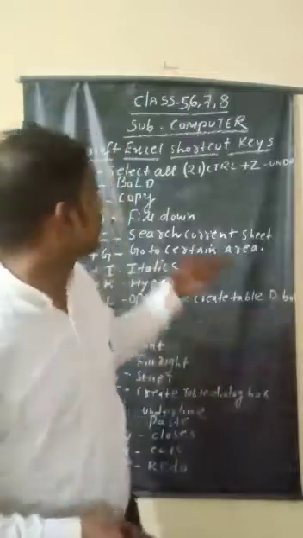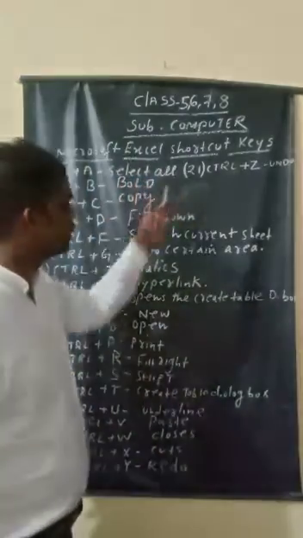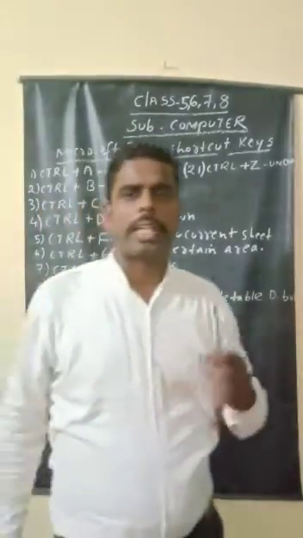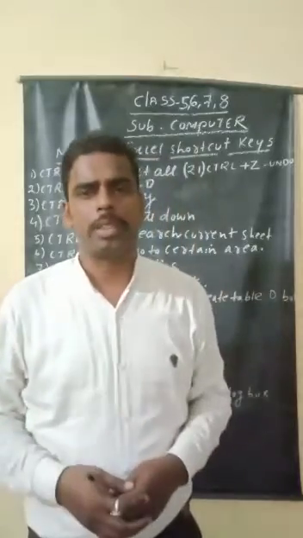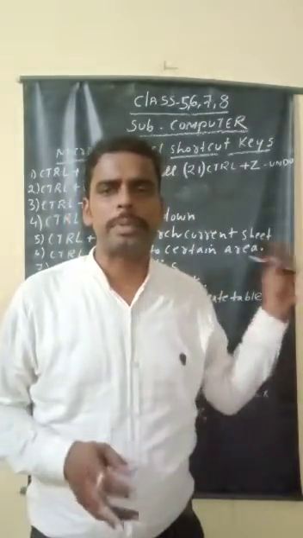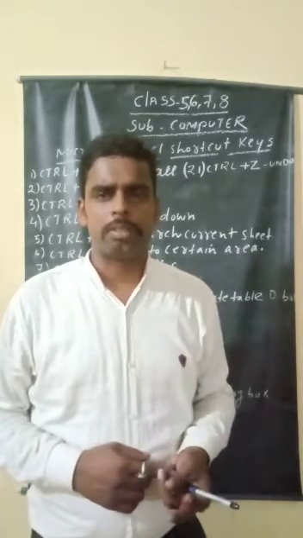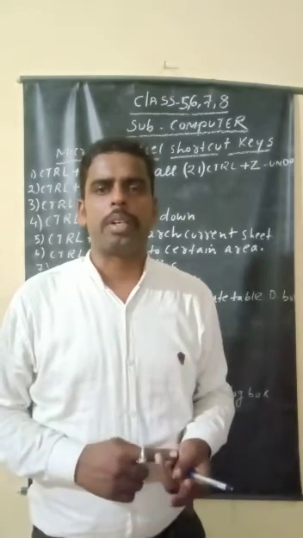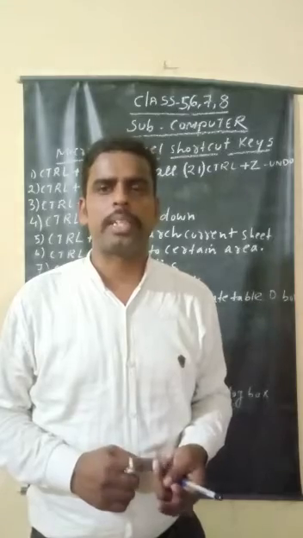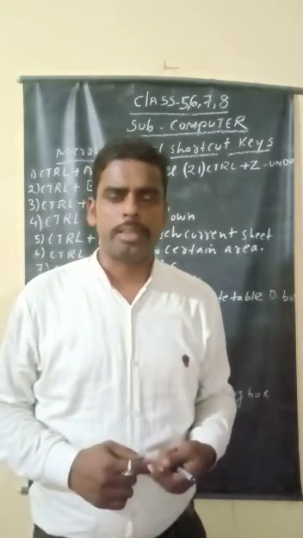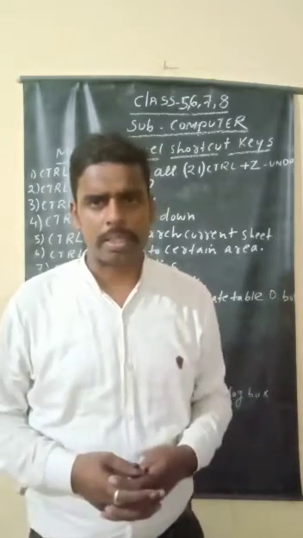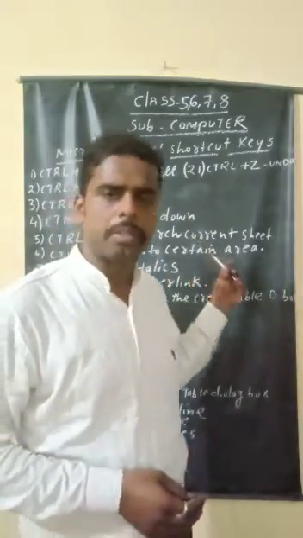And here in Microsoft Excel, there are many sheets present. The intersection of row and column is known as a cell. Excel is a spreadsheet program. Here you can make timetables also. You can do calculations: plus, minus, subtraction, divide, average, function keys. There are lots of operations where you can do any work here.